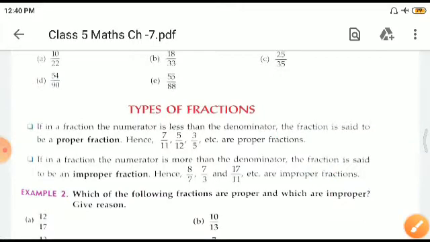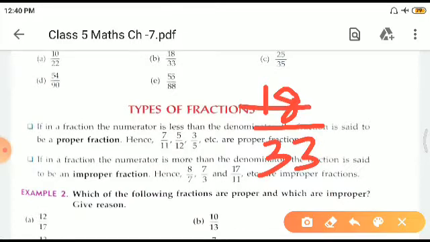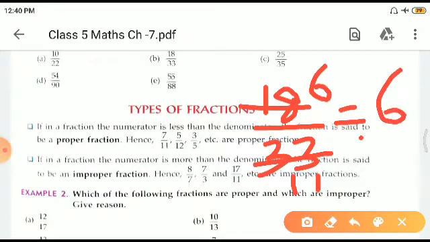Okay, now we go to the B part, which is 18 upon 33. Similarly, we will be writing these two numbers, 18 by 33, right? And we know that 3 is the common number with which 18 and 33 can be divided, because 3 6s are 18 and 3 11s are 33. So we will be dividing them by 3. We get 6 at the top and 11 at the bottom, and we get the answer as 6 upon 11.